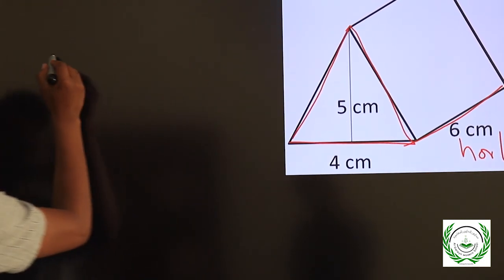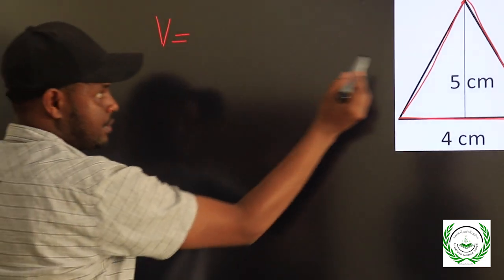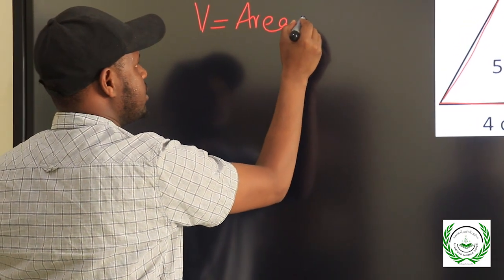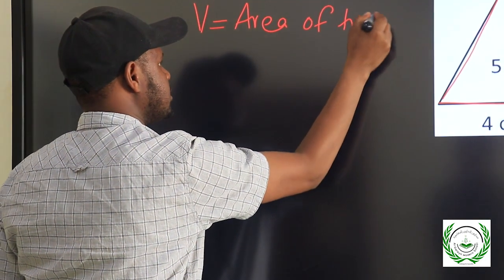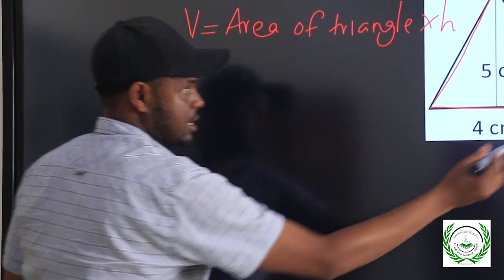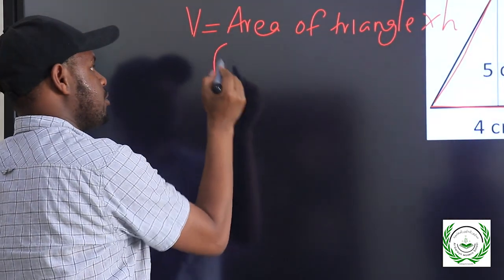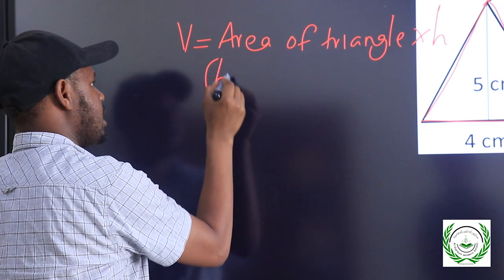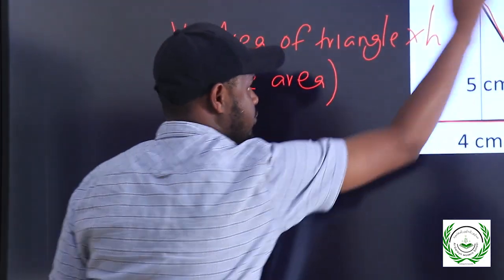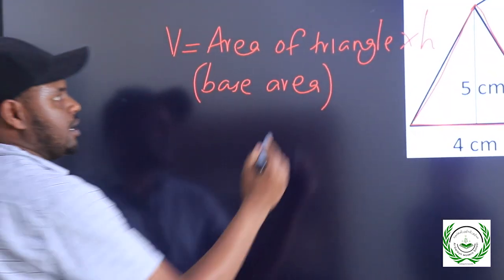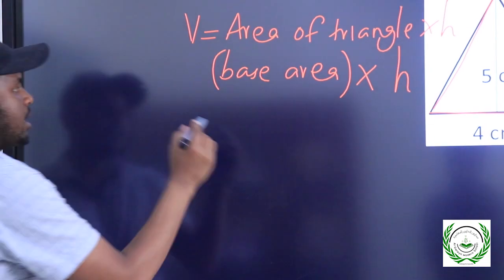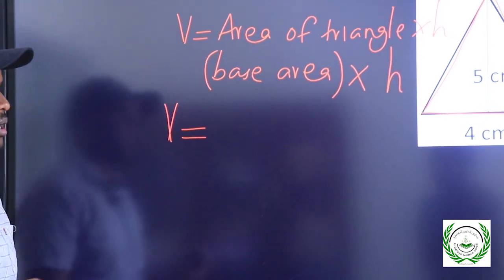Marka volume ka waxaynu ka helaynaa area of a triangle times the height. Height means overall height. This area of a triangle is base area. Base area here is the base of the shape. So the xagalkaas oo lagu dhuftay height ka dhammaan shape ka oo dhan waa yahay volume ki, waxaanu ku helaynaa marka muggi